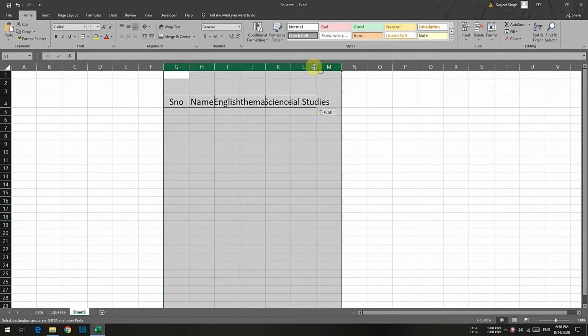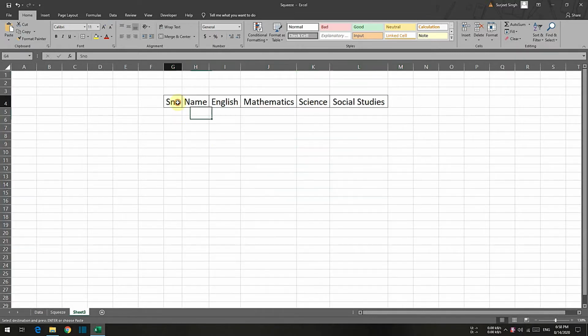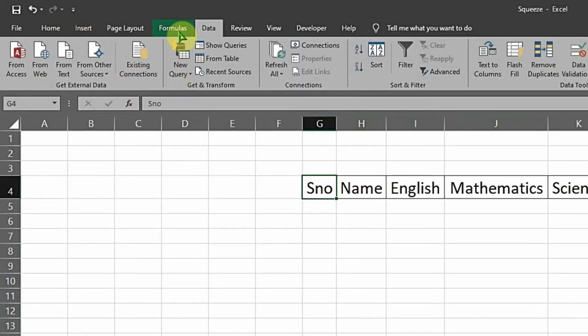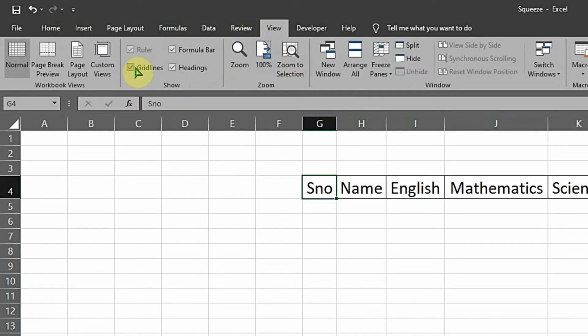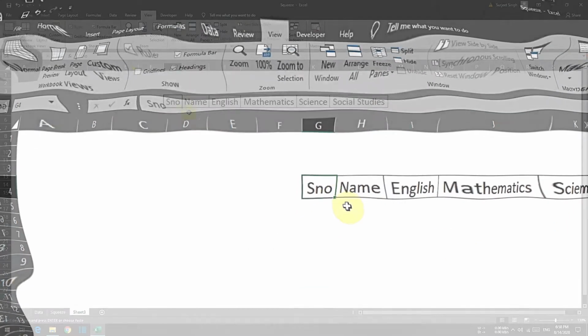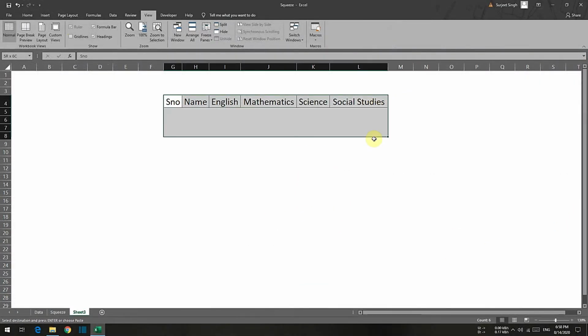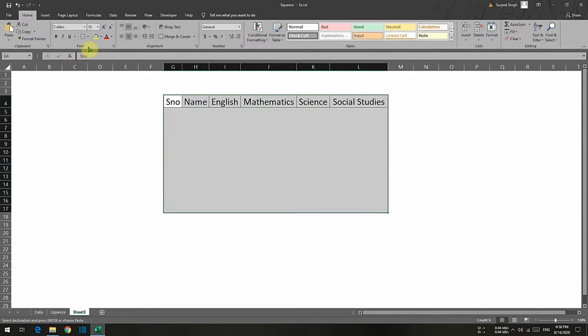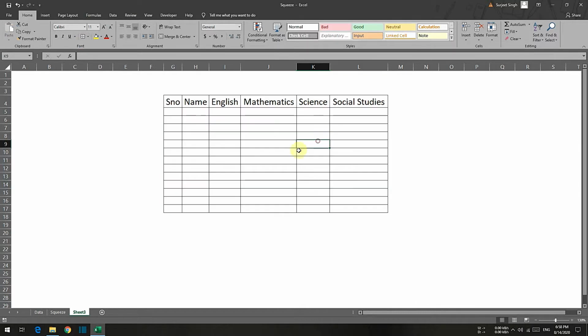Now I will remove the grid lines by going to View and unticking the gridlines. So you can see the sheet is clean now. I will select the portion wherein I want to display the data. Okay, this is the portion where I want to display the data.